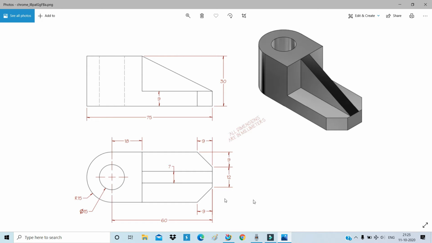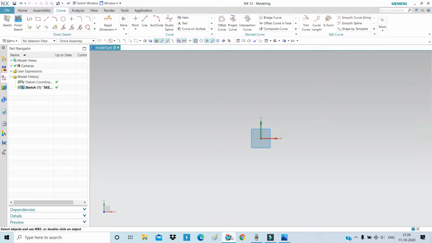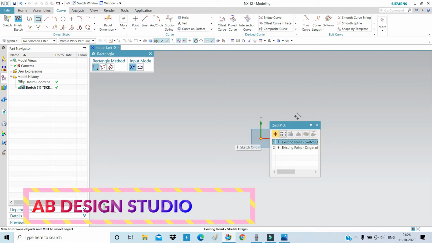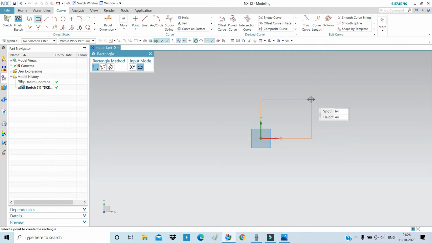We have to draw this 2D geometry. So start a rectangle of 60, and here you can see there is a radius of 15, so this width is also 30 mm, because all dimensions are in millimeters. So we are also drawing in millimeters. So let's start drawing. Select rectangle, start from origin,